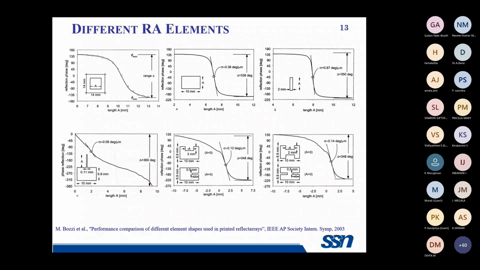Now, similar variations can be done in our reflector array antennas. One variation is this one with a slot. The other variation is what we call the eye dipole structure, or we can also call it the dog bone structure. These structures provide us different phase variations and different slopes, thereby different bandwidths. So this is how we need to concentrate on the design of a reflector array. We need to choose our element in such a manner that our objective is attained.